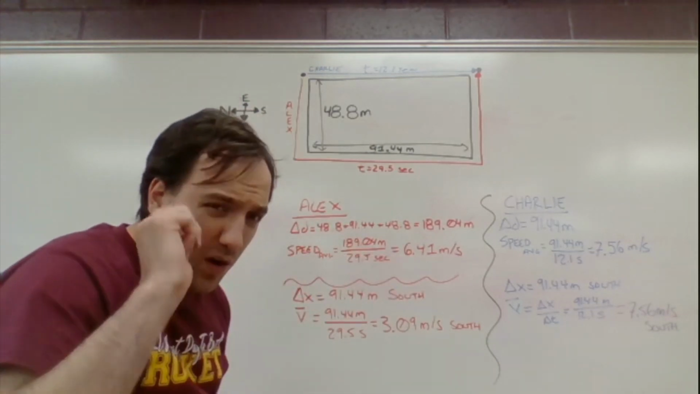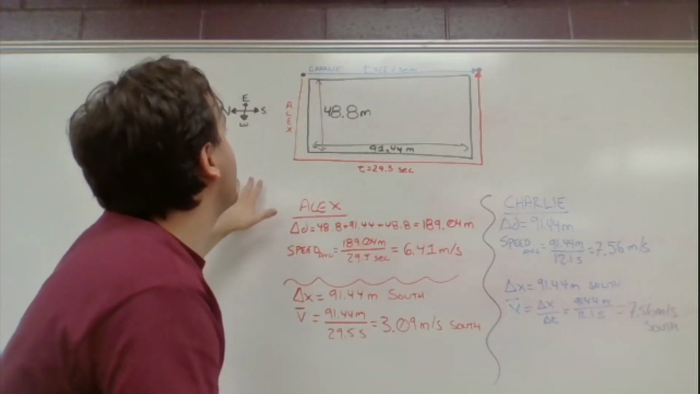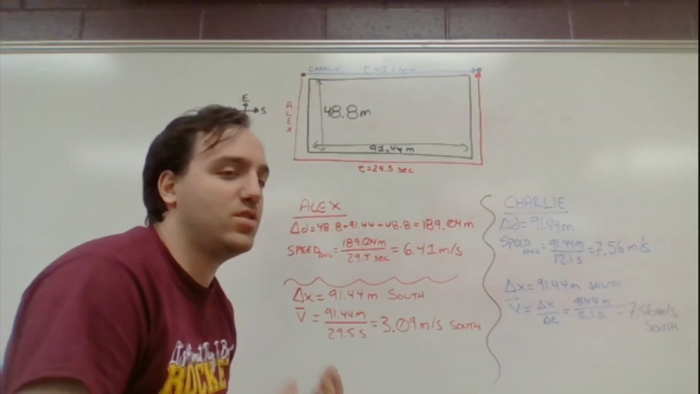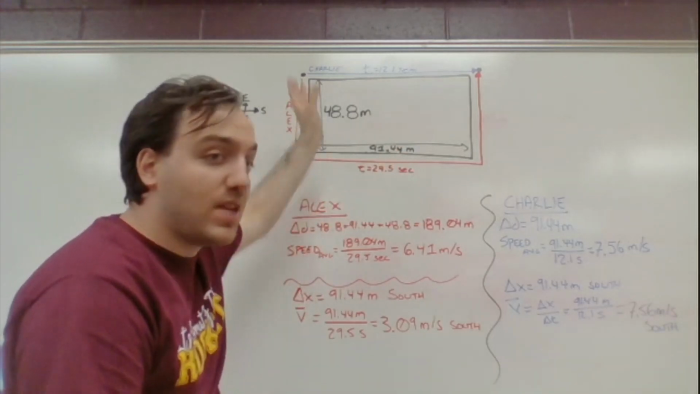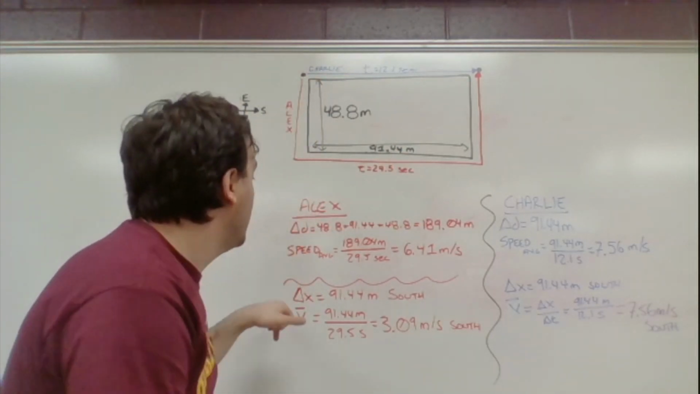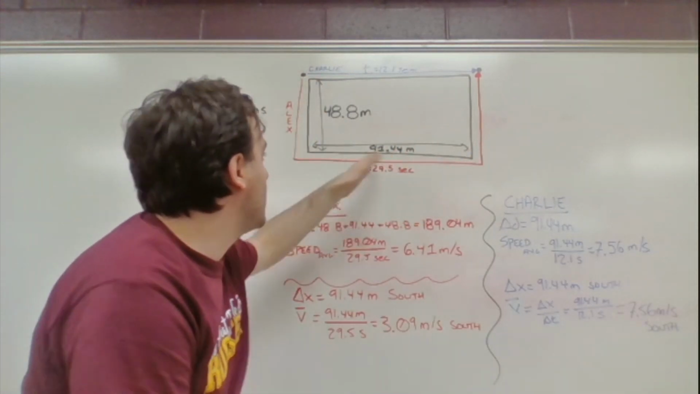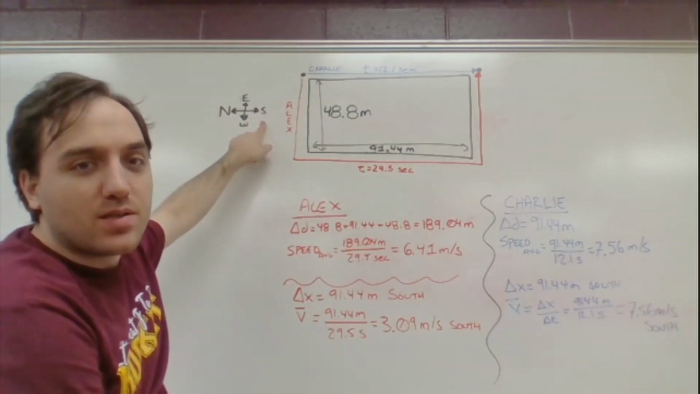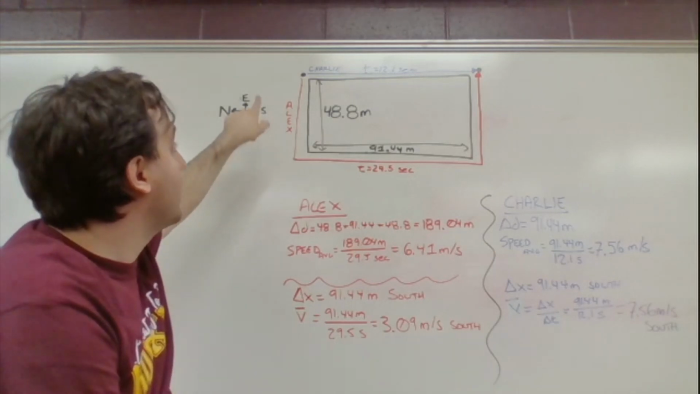Their displacement's a little harder. You got to think about this one really for a bit. They start here, they end here, so their displacement in essence is just one length of the field, the same as what Charlie ends up doing. So it's just one length of the field, which is the 91.44. And they're heading south according to our compass. We need a direction because we're talking about